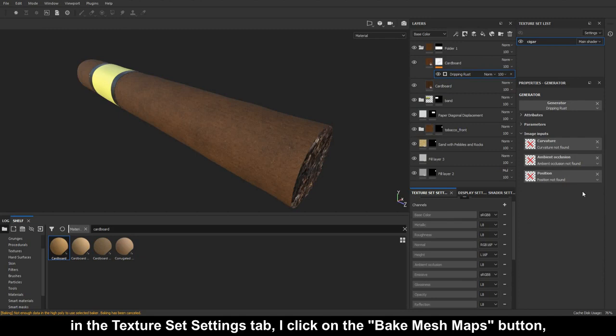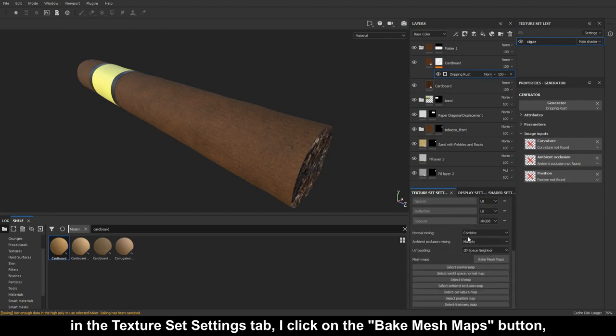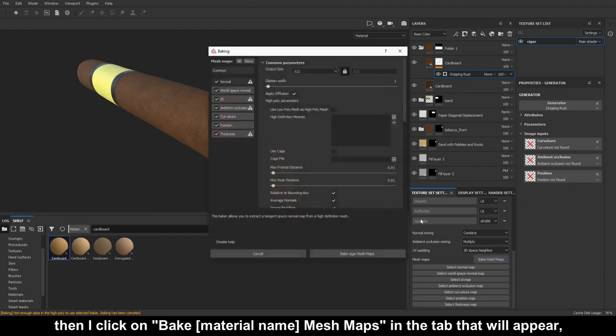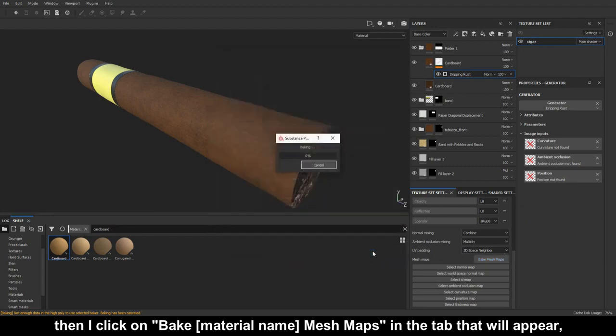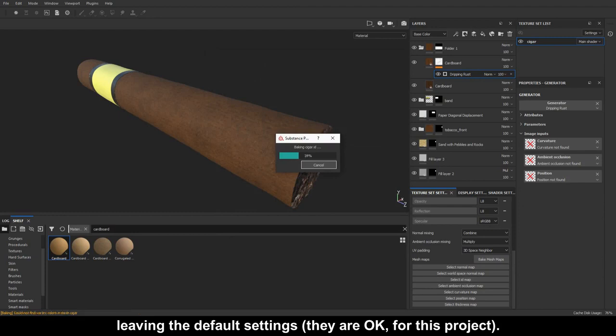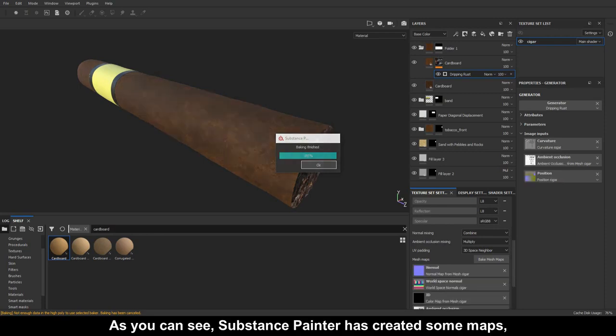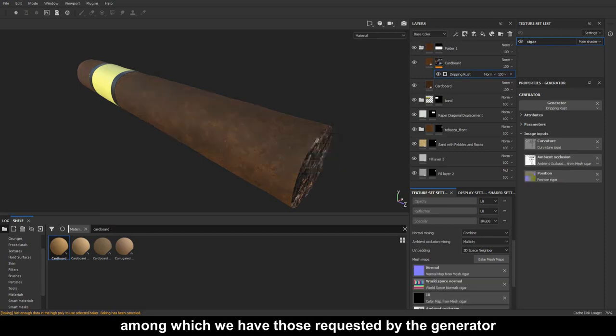In the Texture Set Settings tab, I click on the Bake Mesh Maps button, then I click on Bake, Material Name, Mesh Maps in the tab that will appear, leaving the default settings. They are okay for this project. As you can see, Substance Painter has created some maps, among which we have those requested by the generator, which